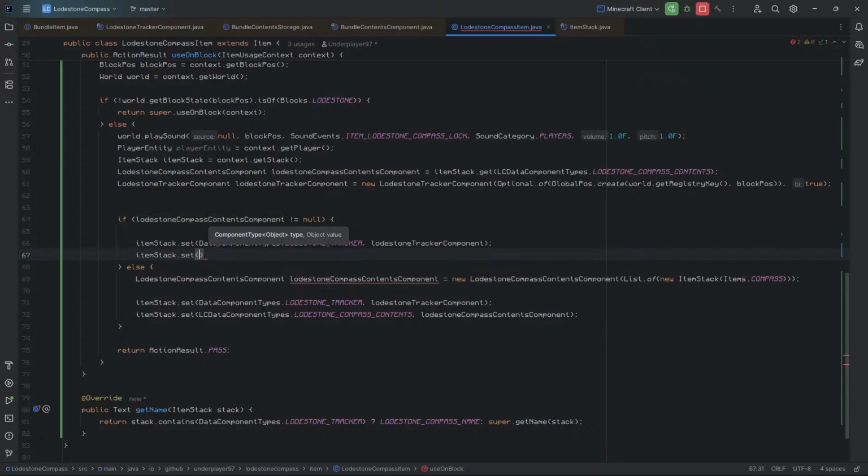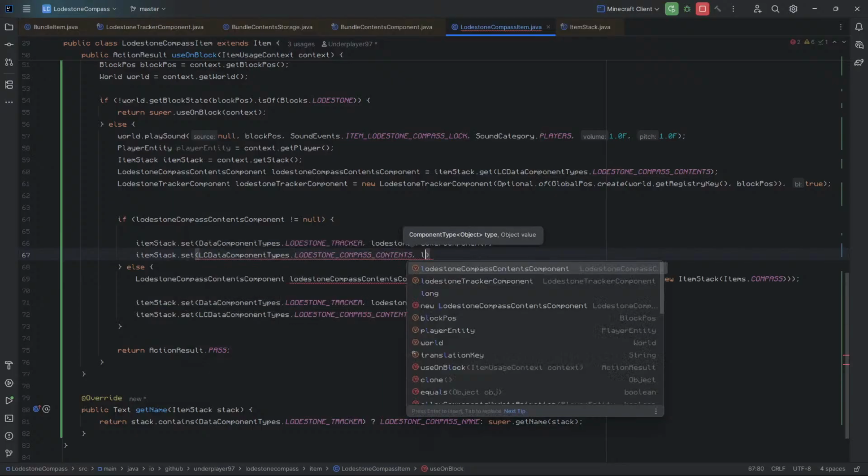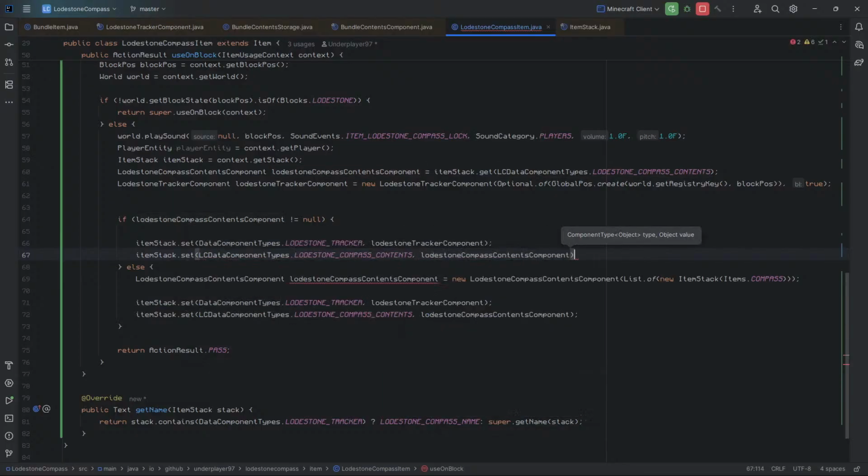Oh, I can LC data component types dot lodestone contents. So wait, it would just be lodestone compass contents component is equal to